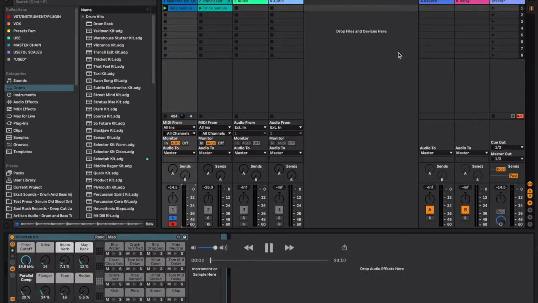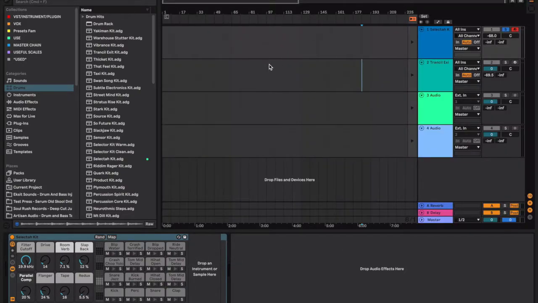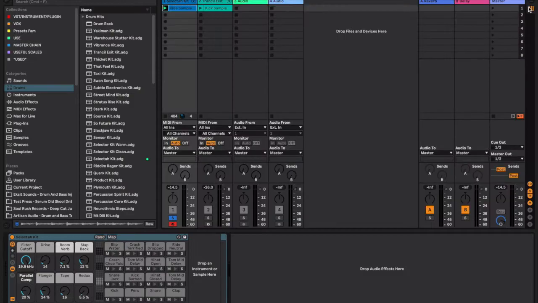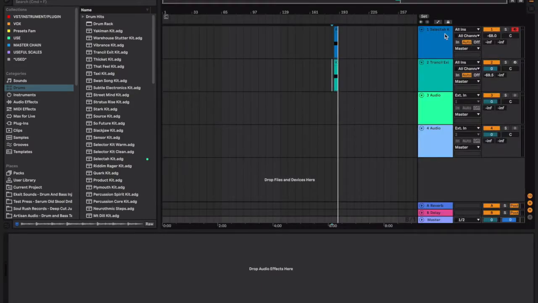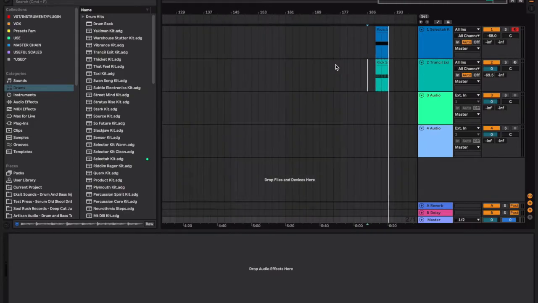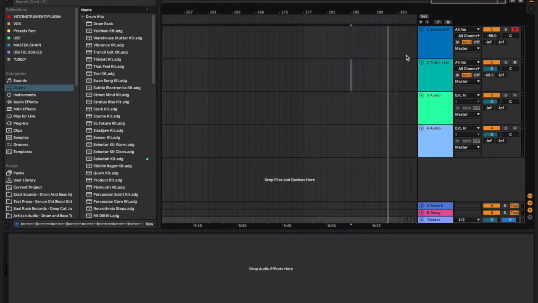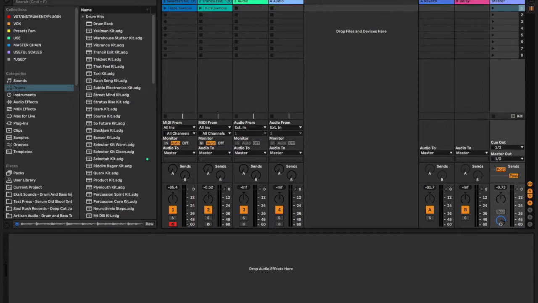Alright guys, let's get into arrangement view. So we've covered session view. You can actually play live as well. And then if you hit record, and then click this button, it should send things to arrangement view, which we just did there. There's another way of doing that as well, which is if we hit record again, and then